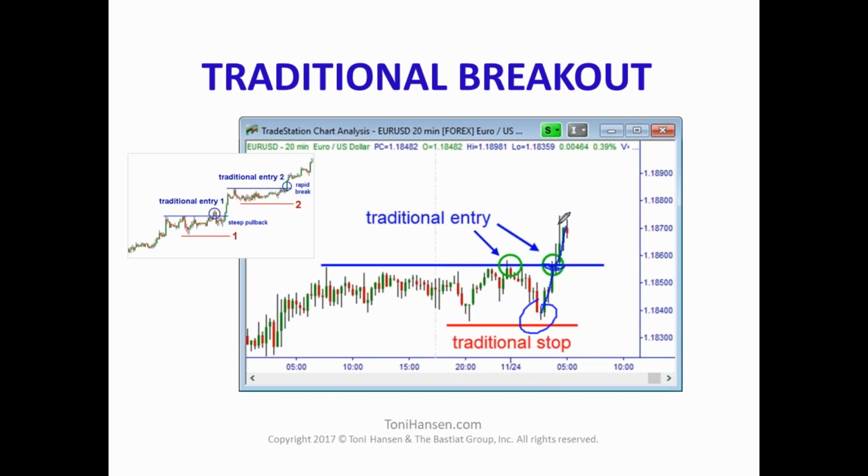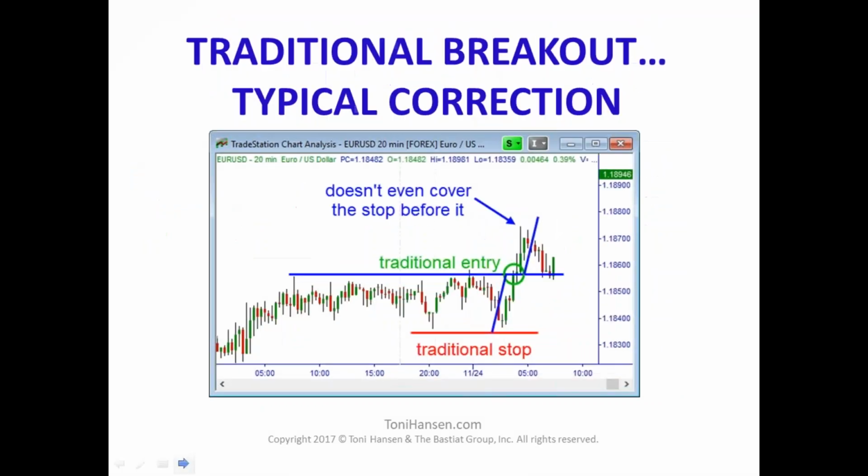So I didn't take the trade when this was happening. Actually, I was just barely waking up at that time when that happened. But what you'll notice is that when this continued to develop here, I'm going to switch slides here, and when we look at this, you'll notice that it pulled right back into the